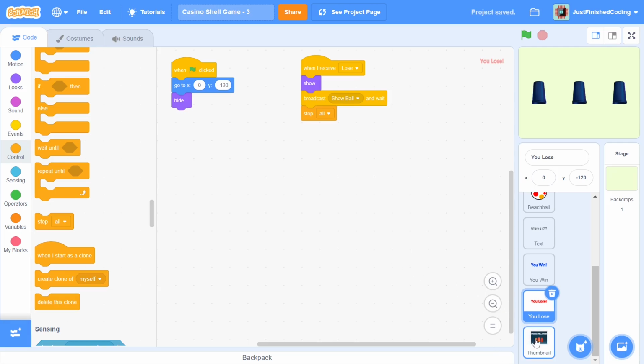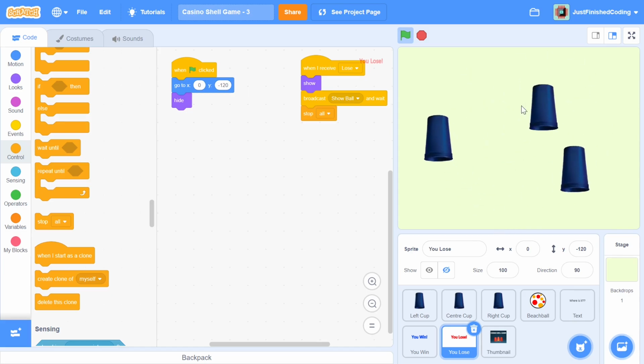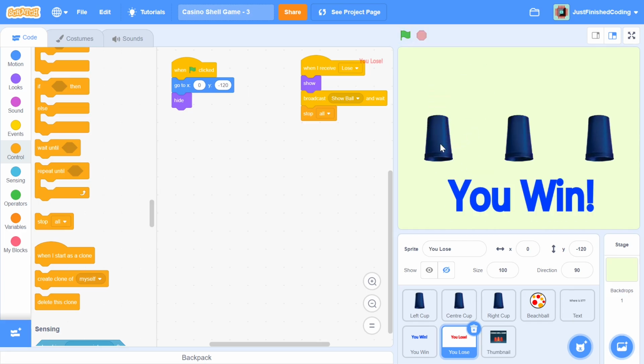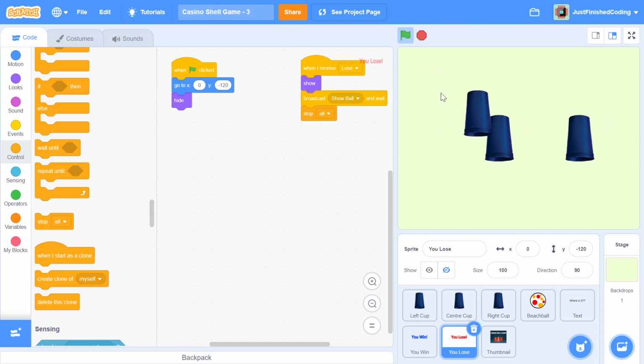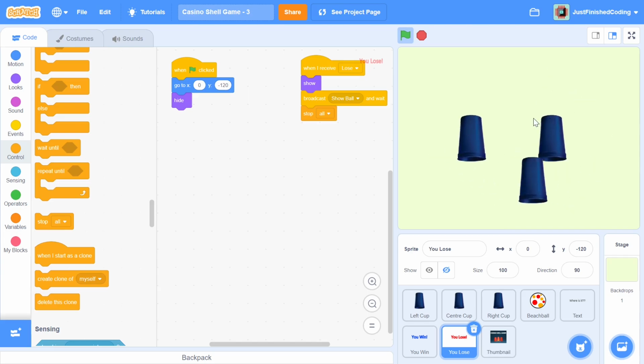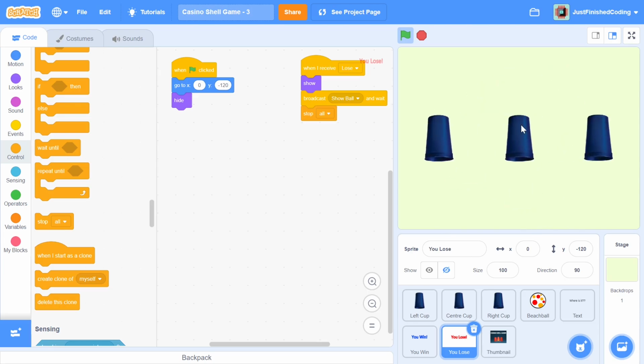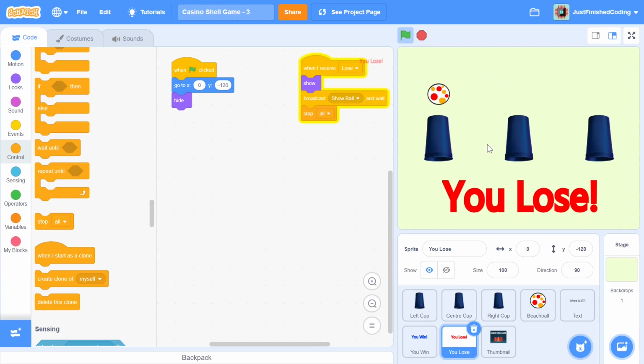So the final thing we need to do is within our thumbnail, but before I do that, I'm going to make sure that the code works once. So let me quickly have this thing shuffle up, and then I will click to see if all the input works as expected. So there we go. It's doing a series of shuffles, and once all of this is done, I'm just going to pick one at random. Okay, it turns out I selected correctly and I won. And I'm just hoping that a you lose comes as well, just so that I know both the messages are actually working out. So this might take a second or two because this thing doesn't happen instantly. So there we go. And I'm going to select this one. And as it turned out, I lost. So perfect. All of this code works.